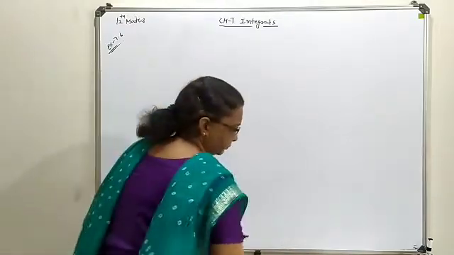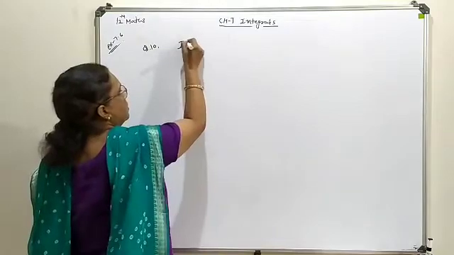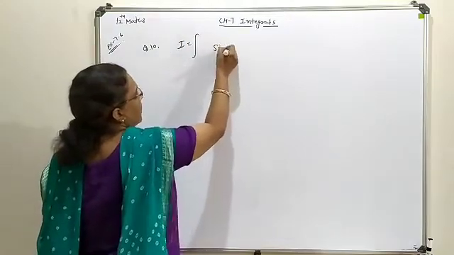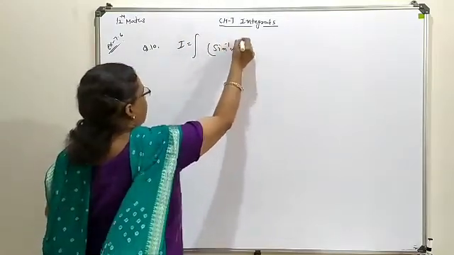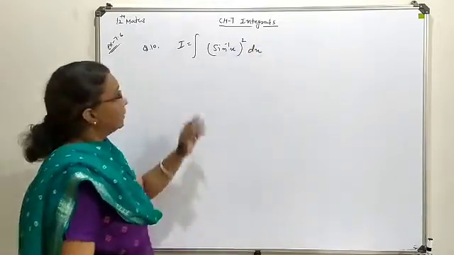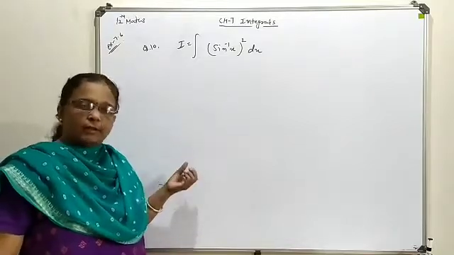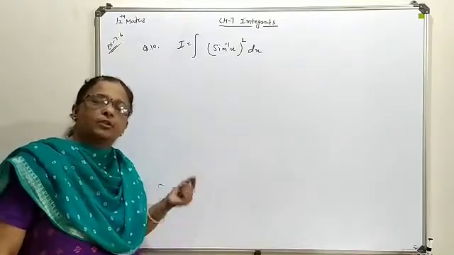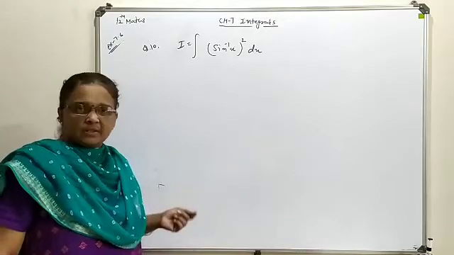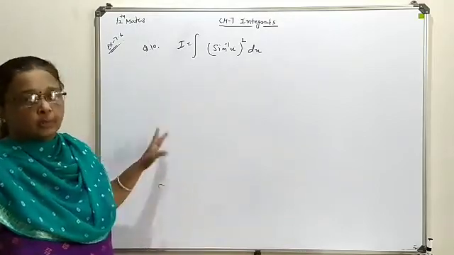Now here, the question given to us is (sin⁻¹x)². Here it is very clear that we have only a single term for integration. So whenever we have such a combination in which only a single term is available, you can take it as a multiple of 1 with this given combination.